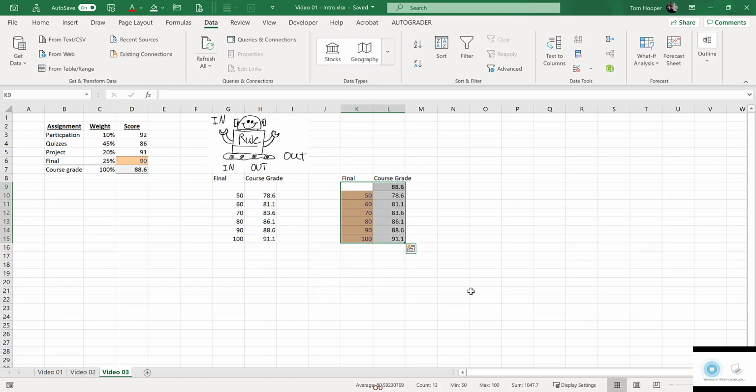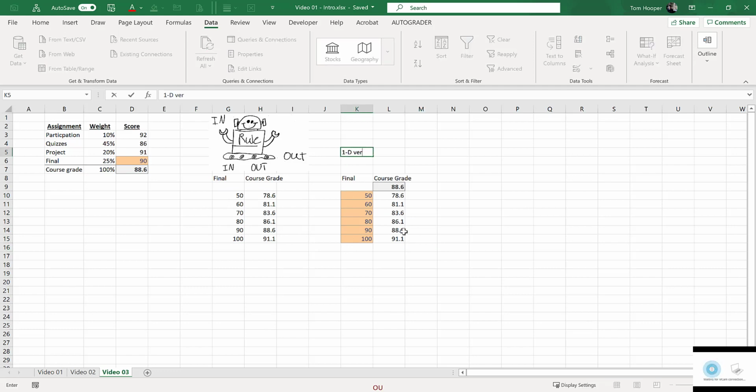When I hit OK, I get the same outputs for course grade that we got when we did it the manual way. I get an output corresponding to each input that we put in, just like we did when we did it Madeline's way. And since this is a vertical list of numbers, I'm going to call this a one-dimensional vertical data table. From that name, you could probably guess that I could also do a one-dimensional horizontal data table. It would also have